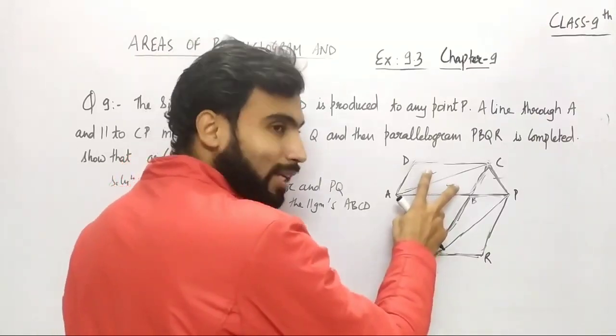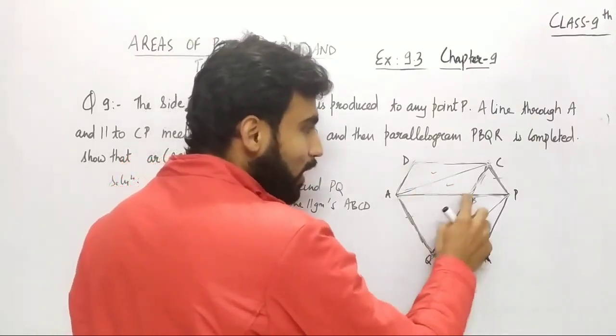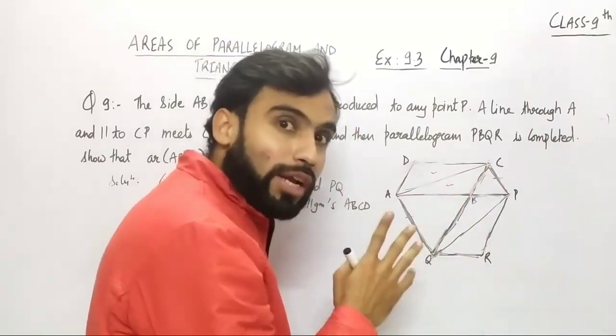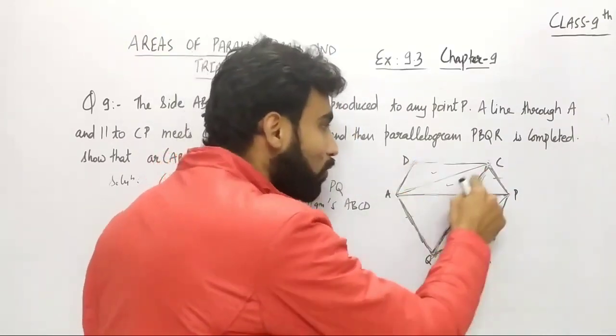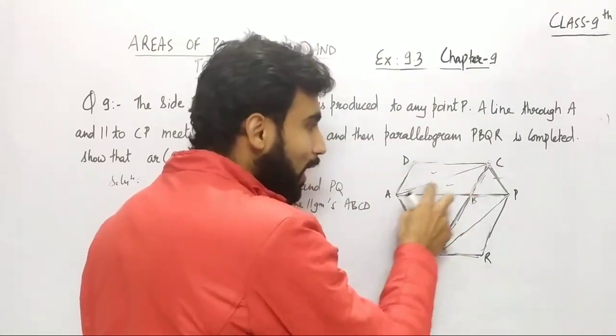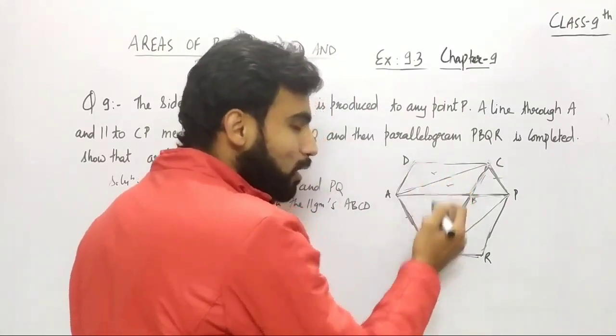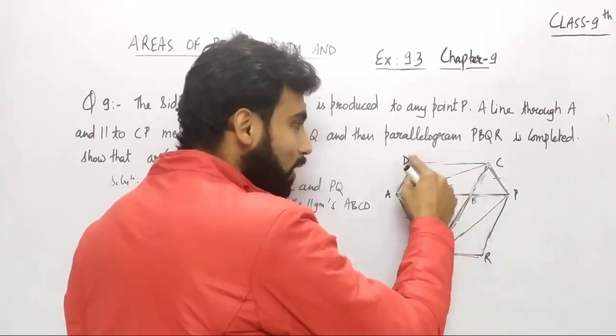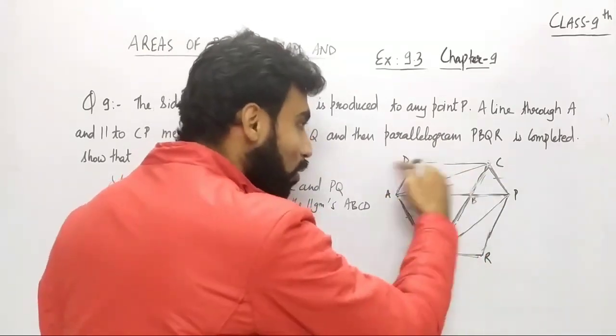दैट मींस ये दोनों पार्ट्स इक्वल हैं इन दोनों ट्रायंगल. सो दैट मींस ABC जो ट्रायंगल है दैट विल हैव द एरिया इक्वल टू द हाफ ऑफ दिस पैरेललोग्राम, क्योंकि हमें पता है कि डायगोनल जो है वो दो हाफ ट्रायंगल्स में डिवाइड कर देता है, इक्वल हाफ ट्रायंगल. सो ये जो हाफ पार्ट है दैट इज इक्वल टू द हाफ ऑफ द पैरेललोग्राम, राइट?